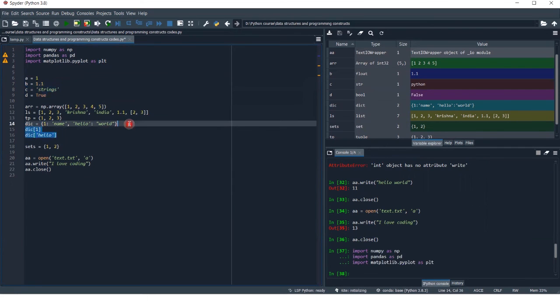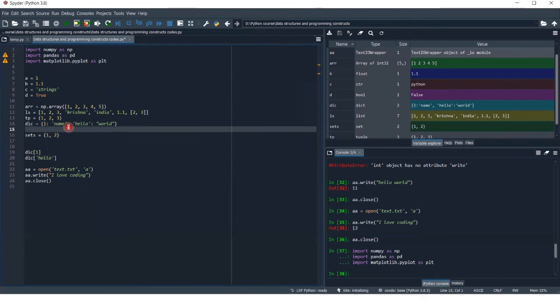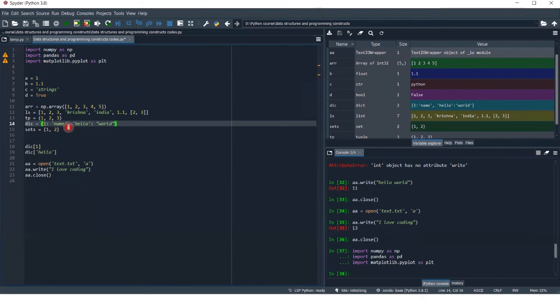So we have to try to assign all the variables which we are going to use in our Python code first, right after we import all our libraries. So here I import all our libraries, then I assign all the variables.